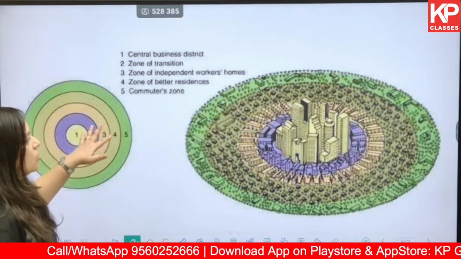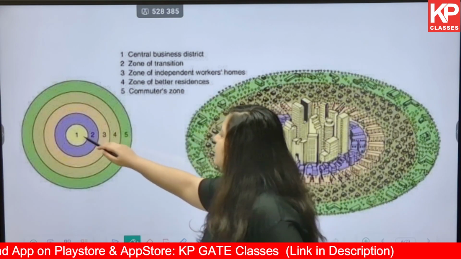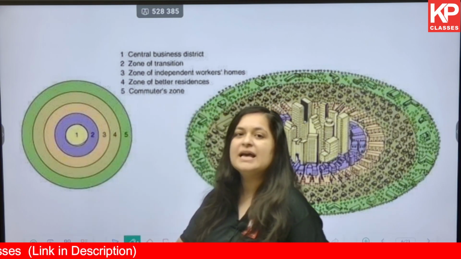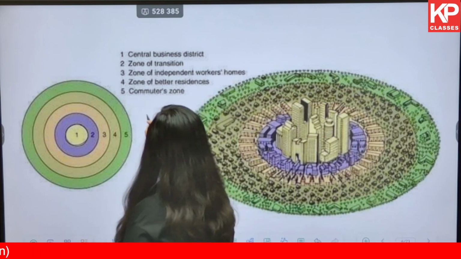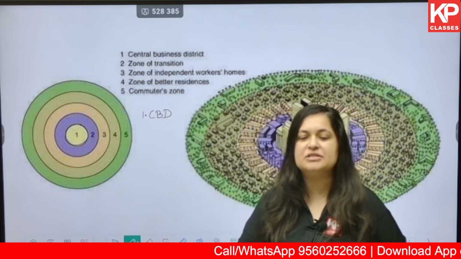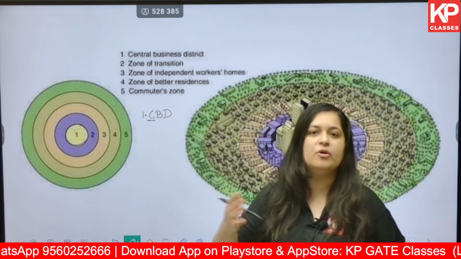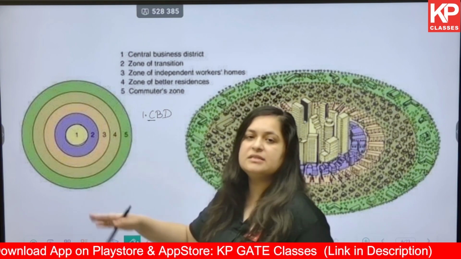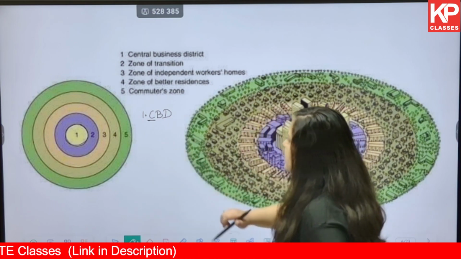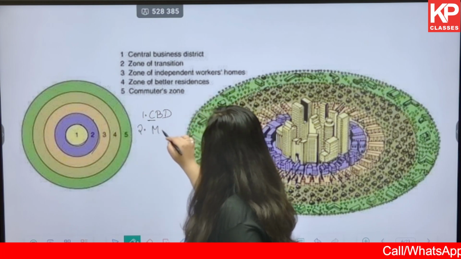Now, coming back to the concentric zone model, as the name suggests, the land uses are going to be in concentric rings. Now, what are these? First of all, the first zone is the CBD zone, or the commercial district zone, also called the central business district. So C is used interchangeably for commercial or central. You have all the major commercial activities, your shops, offices, etc. in this zone. Next is the transition zone, which is a kind of mixed land use.